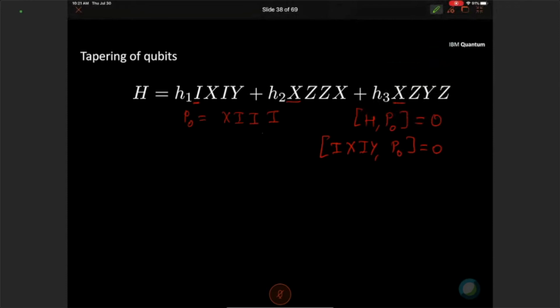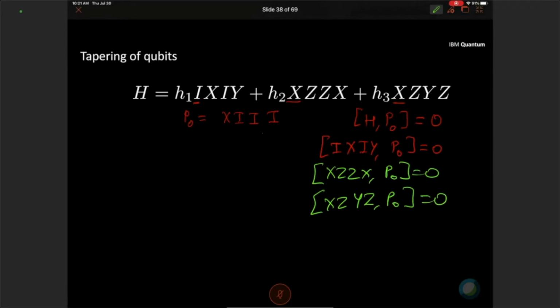You have XCZX, P0. You also have XC, YZ. Okay, and now we know the eigenvalues of P0. This is going to be plus or minus 1, and therefore